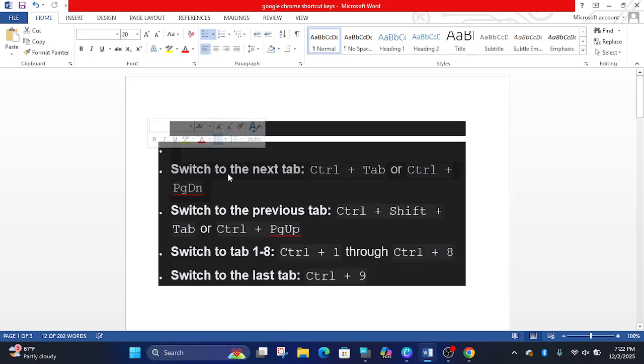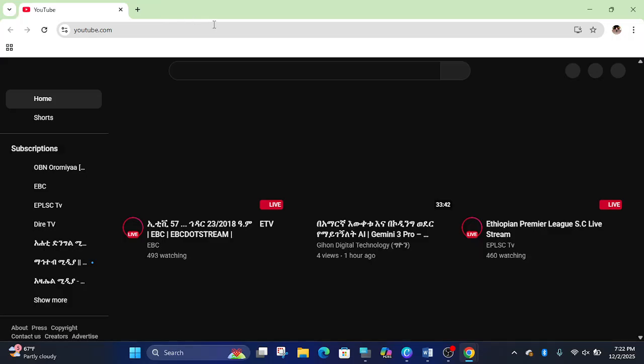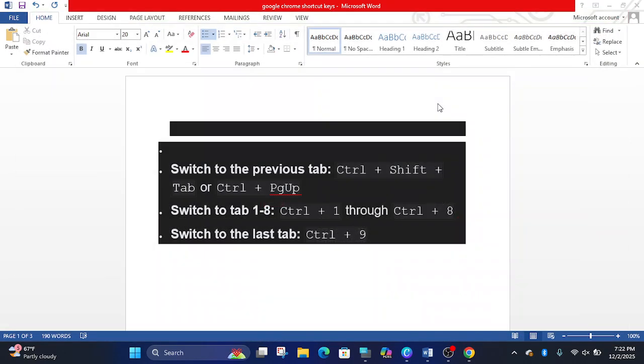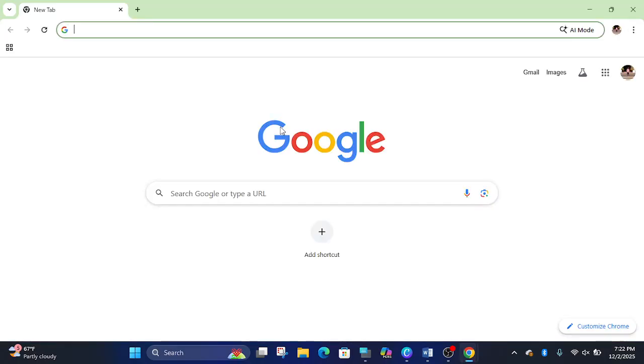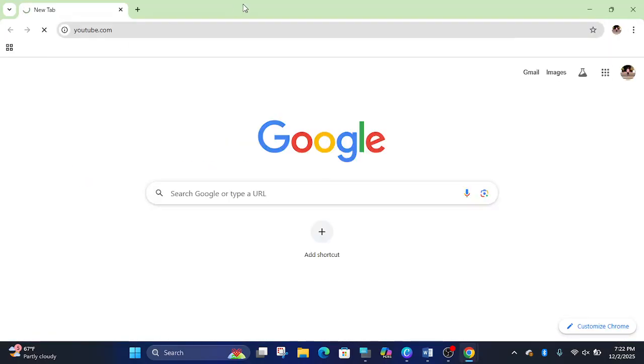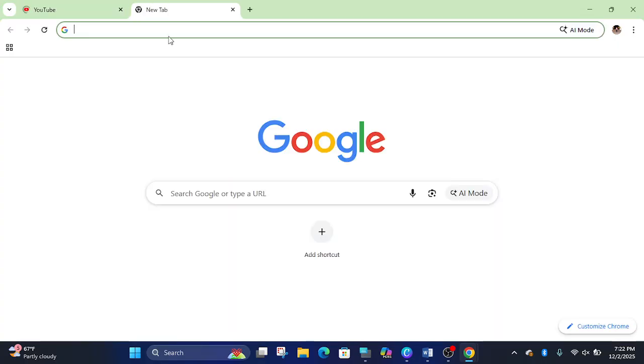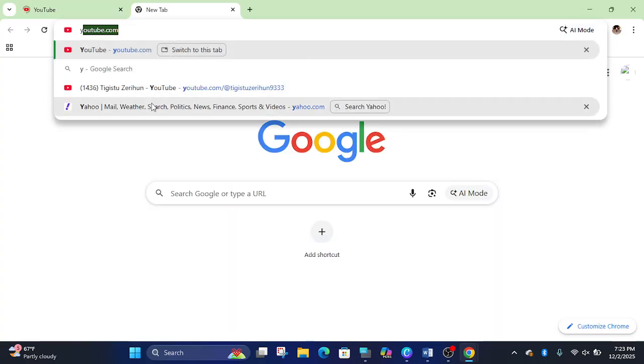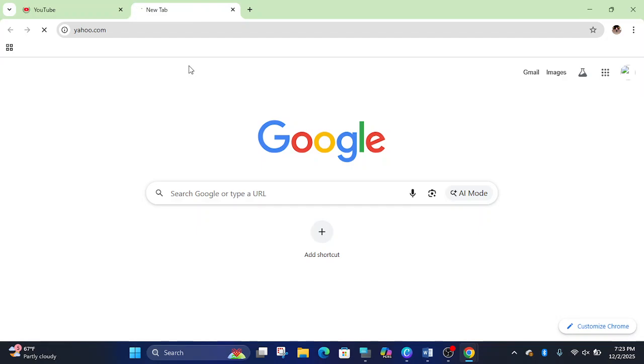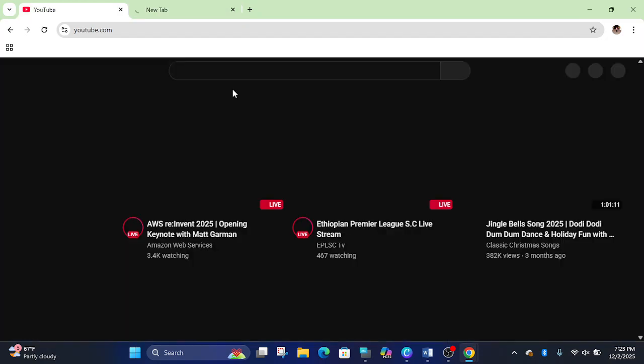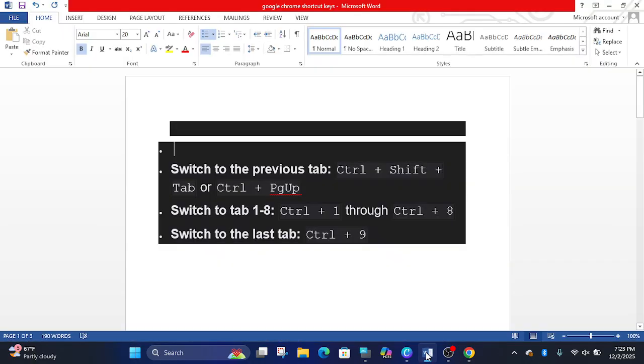Switch to the next tab, Control Tab. Using Control Tab, for instance, let me open two tabs. Control Tab exchanges the tabs. Switch to the previous tab, Control Shift plus Tab.